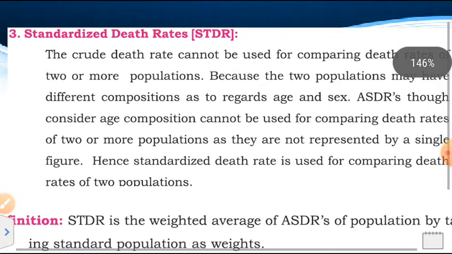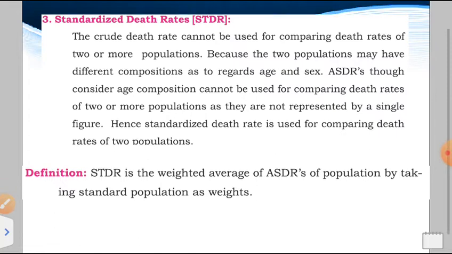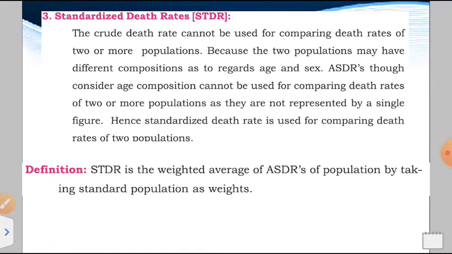The next measure of mortality is the standardized death rate. Some authors have written it as SDR and some say STDR, but it is actually the same thing, because it is a standardized death rate. So why are we learning it? Because with the CDR we can't compare two populations, as the populations may have different ages and persons of different sex. So we are not considering all these things. In age specific we learned about age only, and here let us talk about age and sex also. It depends upon how we compare the deaths occurring in the two populations.